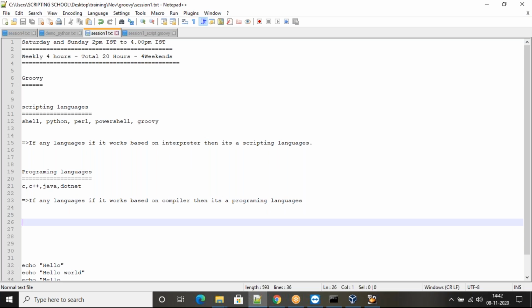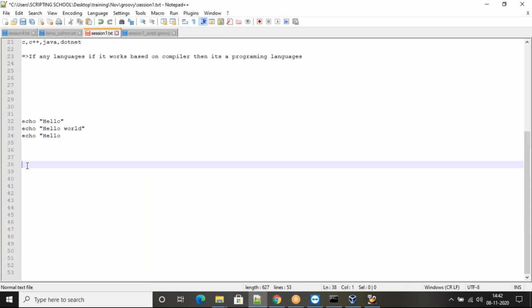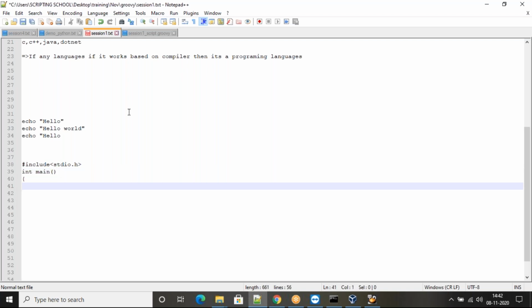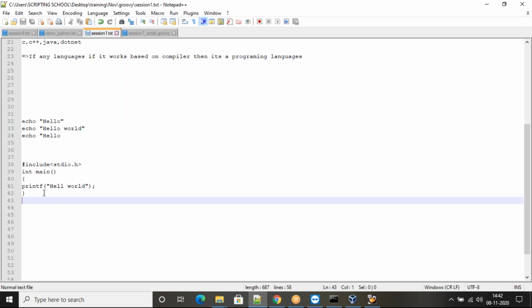Then what is the compiler here? For example, let's say one simple C code. I'm writing one simple C code here: hash include stdio.h, the standard input output header file. Then we write an int main function, and then we write a printf, for example with hello world that I want to print, and then we put a semicolon here and close this. So minimum 3 or 4 lines of code is mandatory to display one simple hello world,